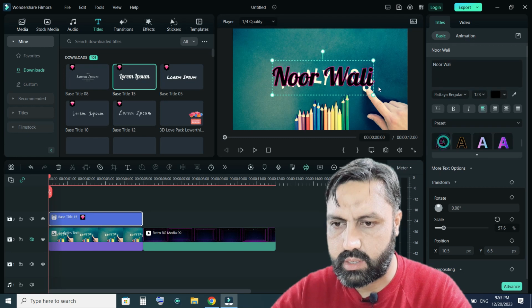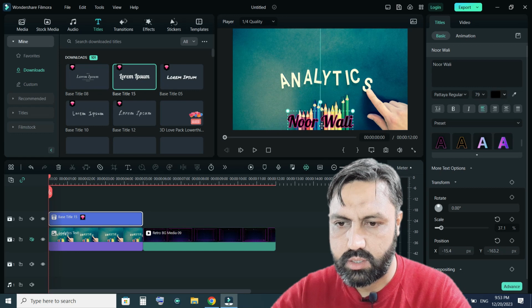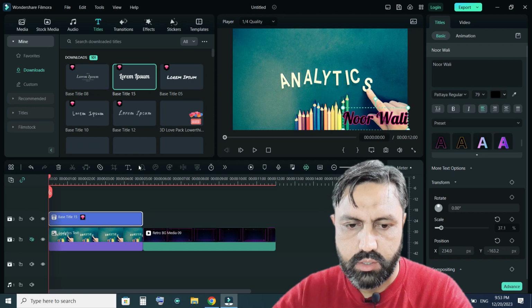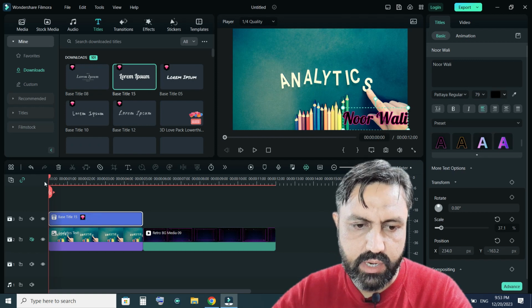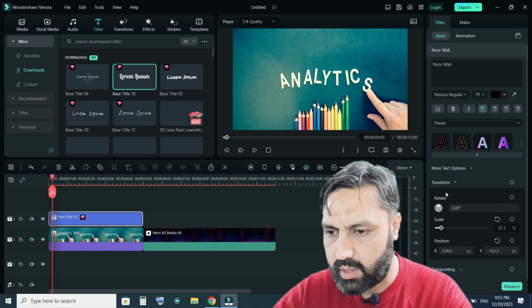and then take a color, then I resize it. So I want to move from here to this top left corner. So for this purpose select my text, and from here click on the keyframing, the transform, more text option,